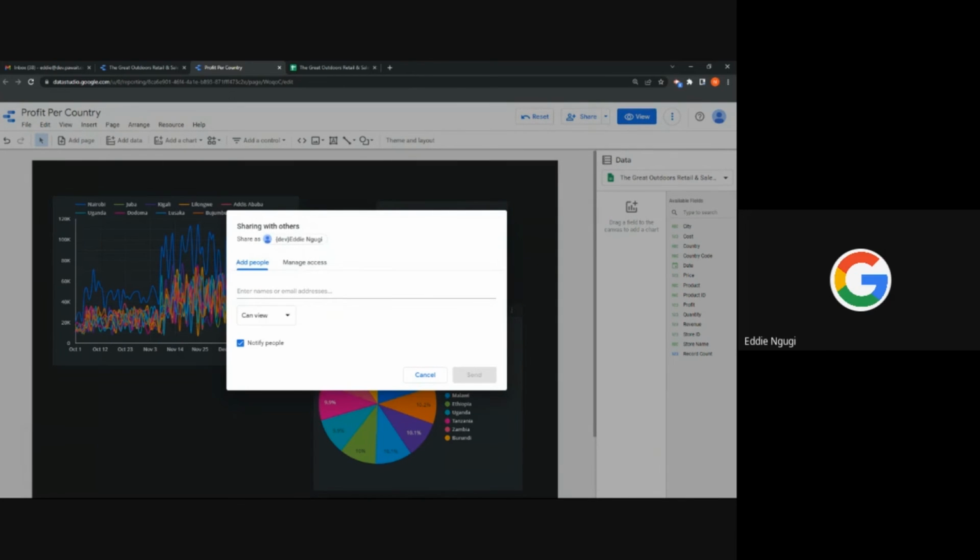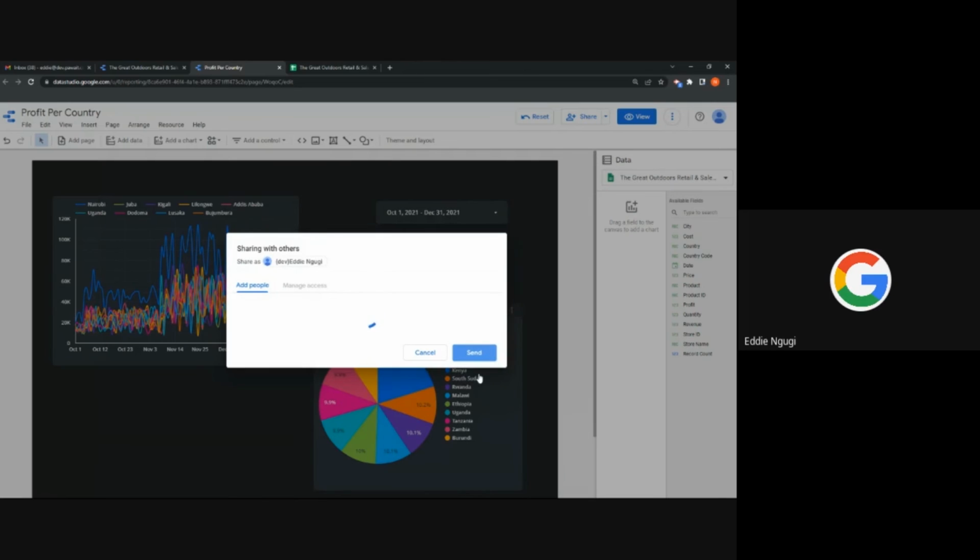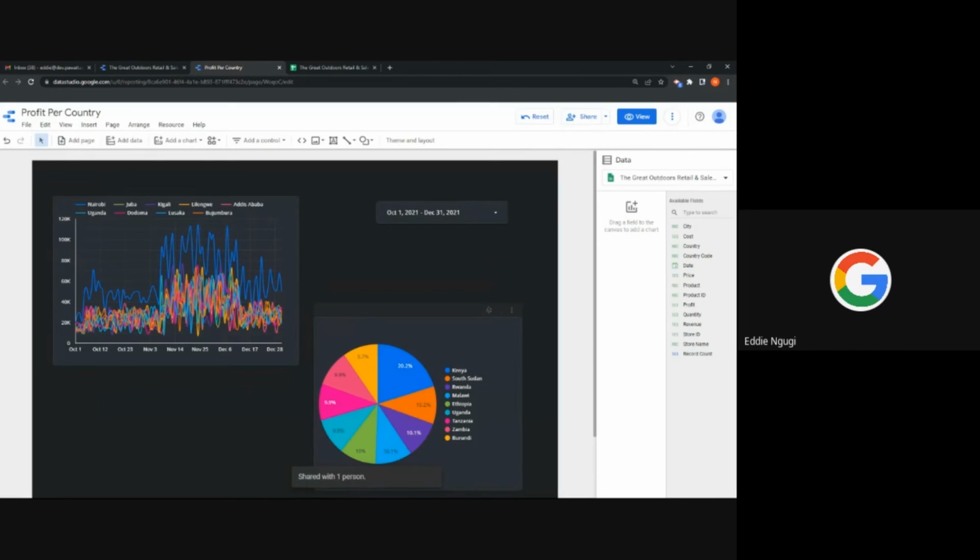Here I can add either a group email or a person's email address. I want to invite my colleague Monique. They will get a notification email, and I want them to be able to edit this report with me. I will send the invitation, and they can join me and collaborate with me